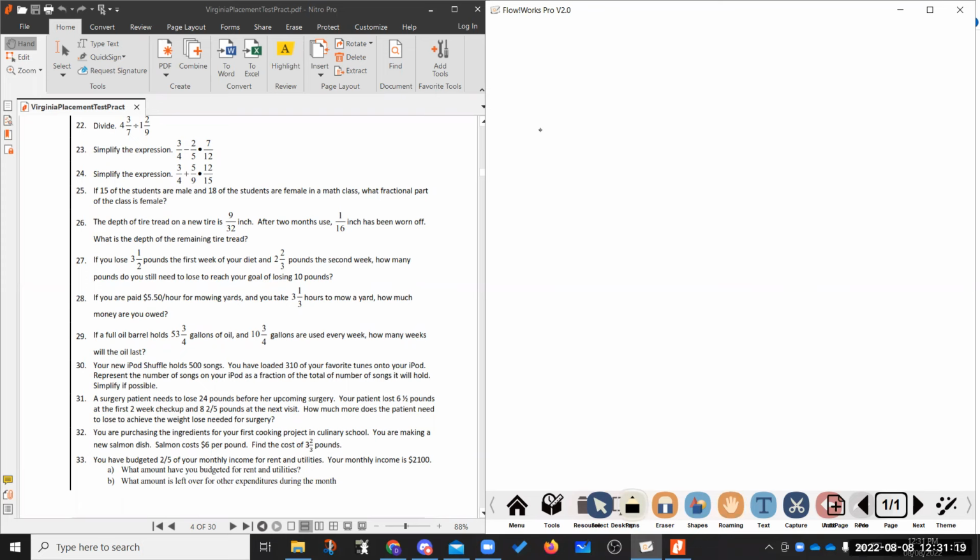If you're paid $5.50 an hour to mow lawns and you take 3 1/3 hours, that would be 3 hours and 20 minutes to mow a yard. How much money are you owed? So $5.50 per hour times 10/3 hours. I'm just changing that mixed number to an improper fraction here. So this is going to be